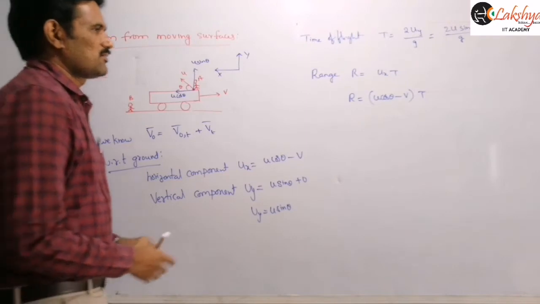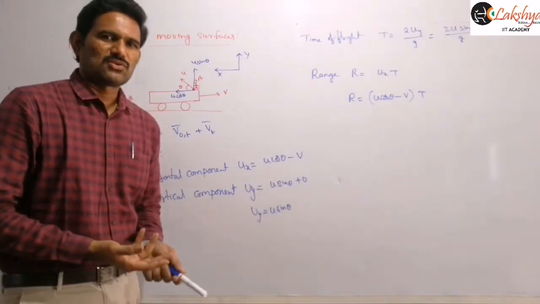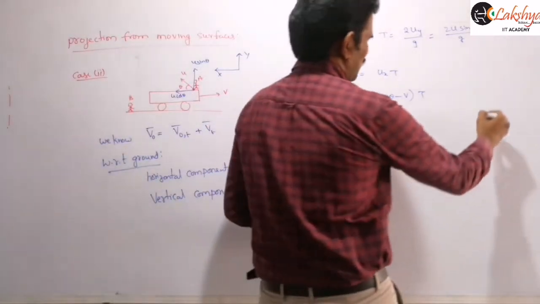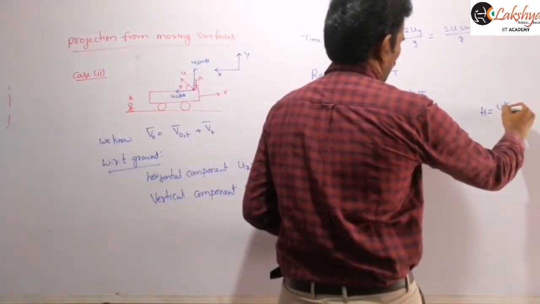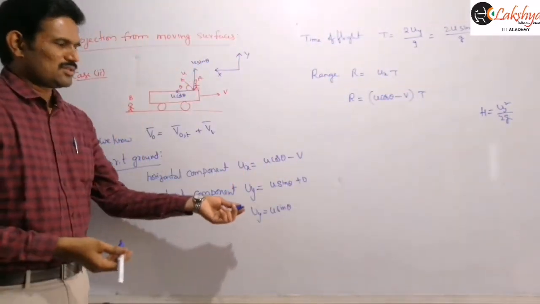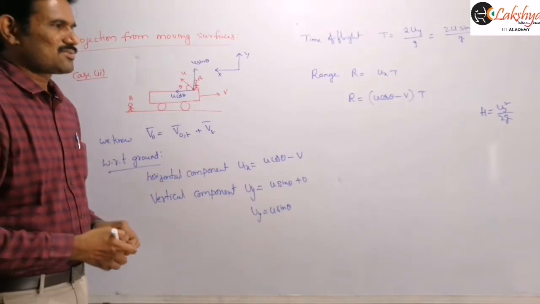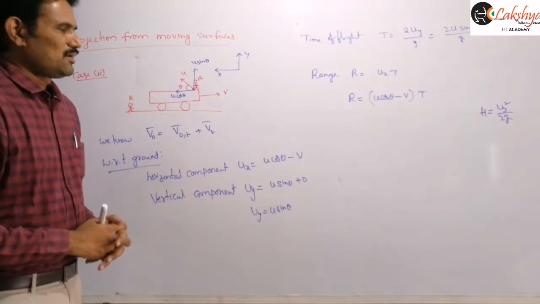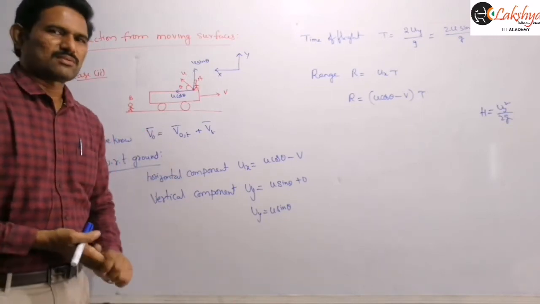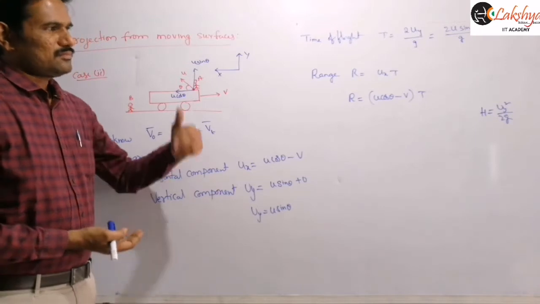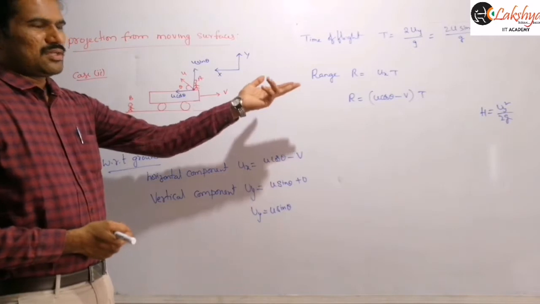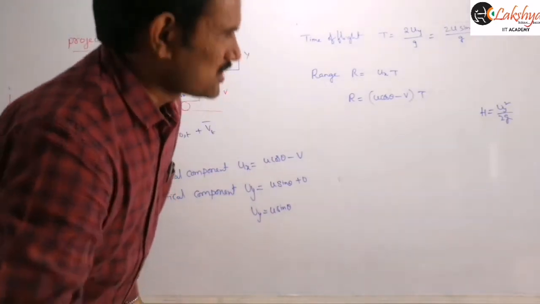And next here, if you want to find the maximum height, you can apply u square sine square theta by 2g, that means uy square by 2g. For the maximum height our general formula is uy square by 2g. Uy is nothing but u sine theta only, so you will get the same formula, u square sine square theta by 2g. That is the maximum height in such a case. So that is the data with respect to the ground. Even if you solve with respect to the truck, then the only difference will be in the x component,